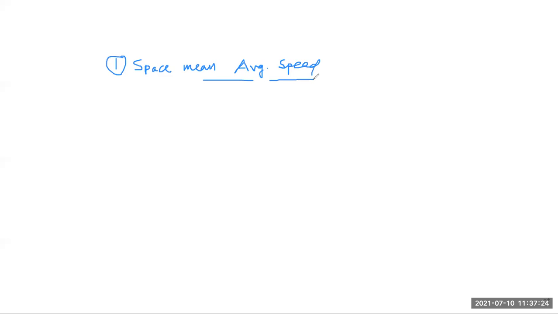It is obtained from the observed travel time of the vehicle over a stretch of a road. We have a specific formula for calculating space mean average speed, and if you see it in your reference book, the formula looks like Vs is equal to